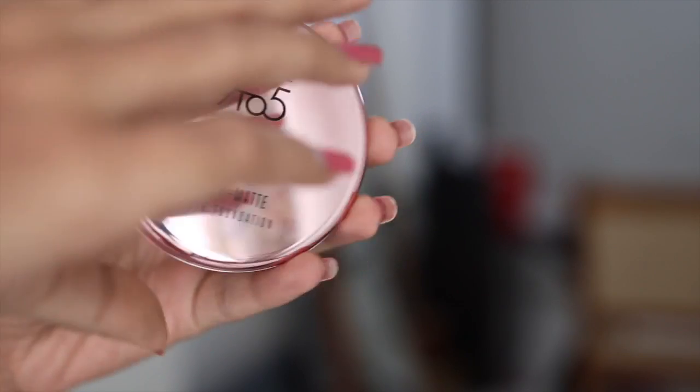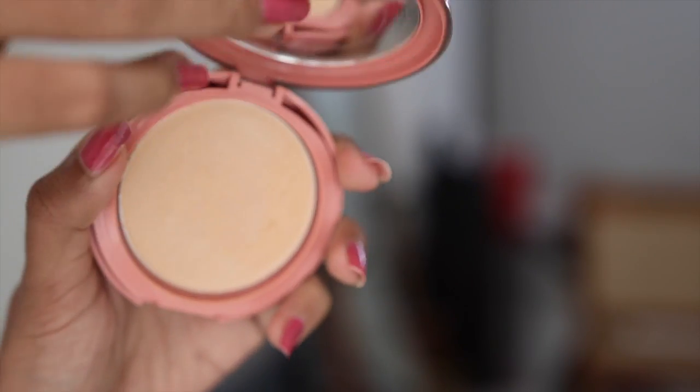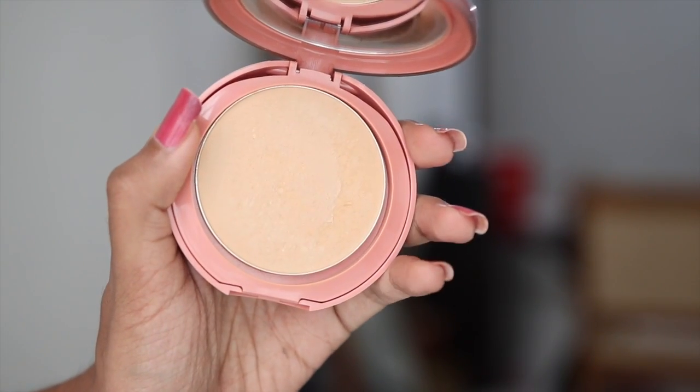So I'm talking about the Lakme 9 to 5 Primer Plus Matte Powder Foundation, and from its packaging it looks like they've tried to make it something like the Studio Fix compact, because the compact comes here. And when you move it like this, there's your sponge, which I don't really like, so it's brand new. But coming to the product, this is such a great product if you want to use it as it is